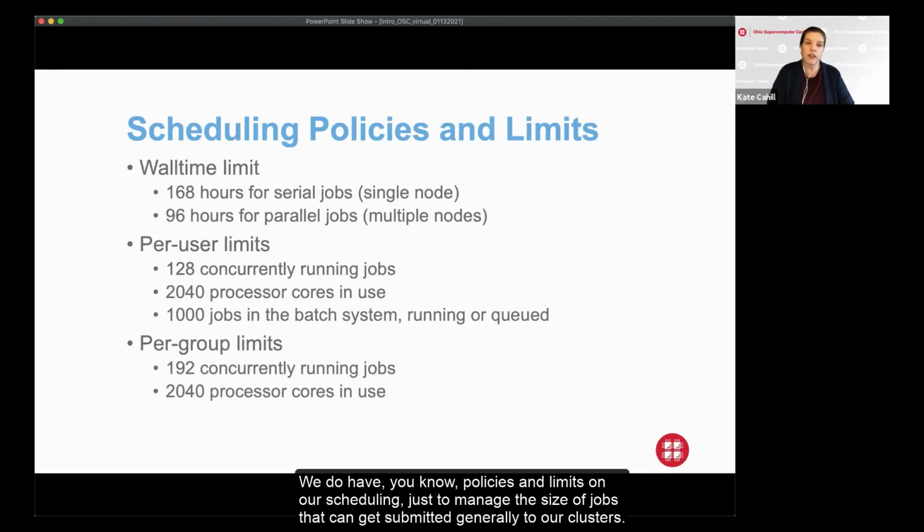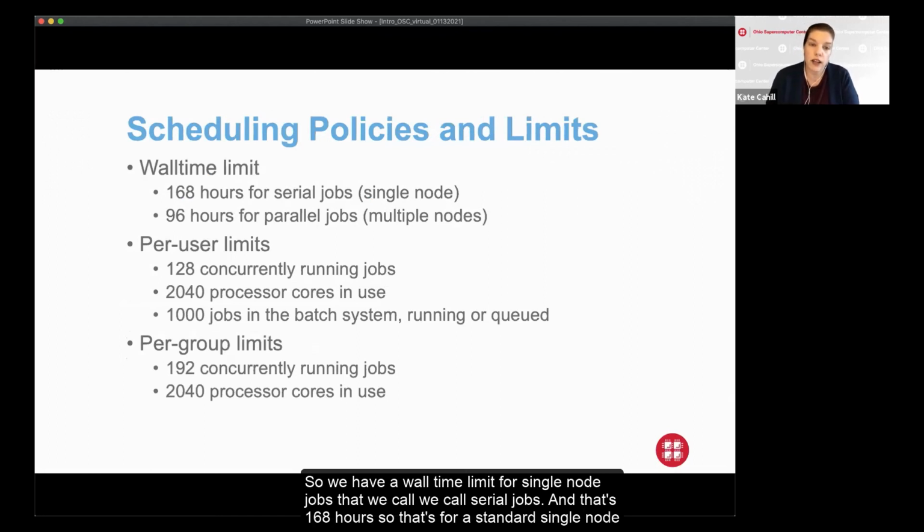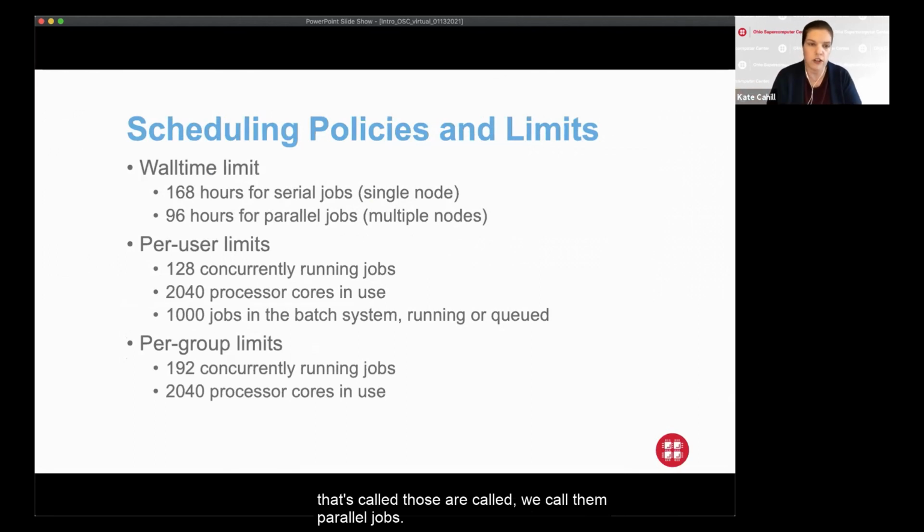We do have policies and limits on our scheduling, just to manage the size of jobs that can get submitted generally to our clusters. So we have a wall time limit for single node jobs that we call serial jobs, and that's 168 hours. So for a standard single node job, you can have up to a week of wall time. For jobs that use more than one node, we have a 96-hour limit, and we call them parallel jobs.